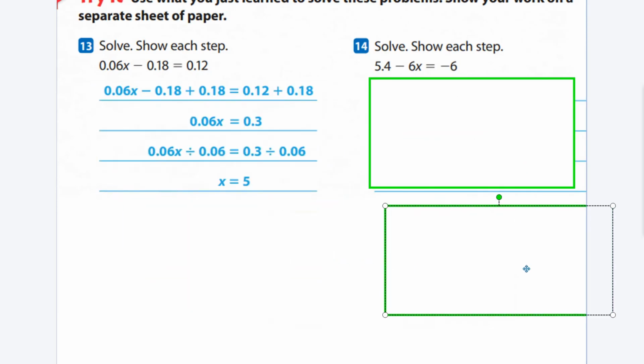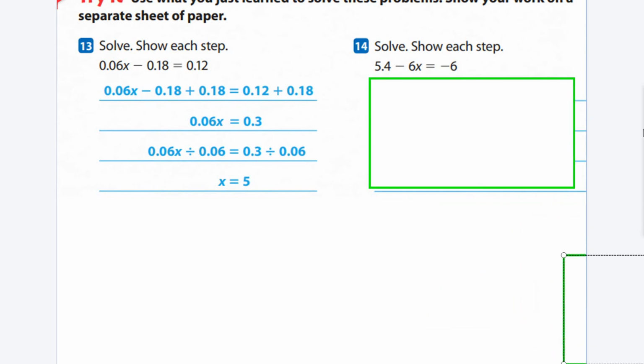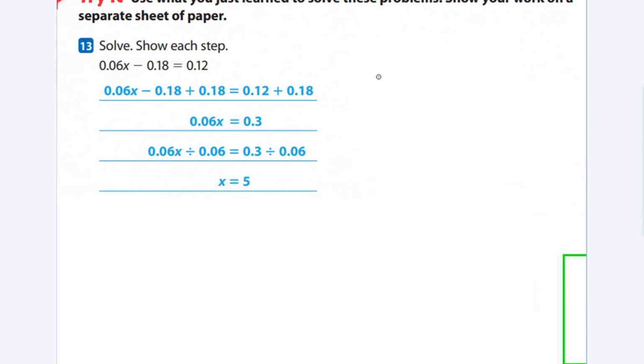If you got x equals 5 for number 13, you are correct. Let's break this down. Alright, so they did the traditional way here. Let's go over that. They took away, it says negative 0.18 or 1800ths, so they added 1800ths to both sides of the equation. Whatever they do to one side, they have to do to the other side. And the reason you add is because it's negative 1800ths. So now you're left with 600ths x equals